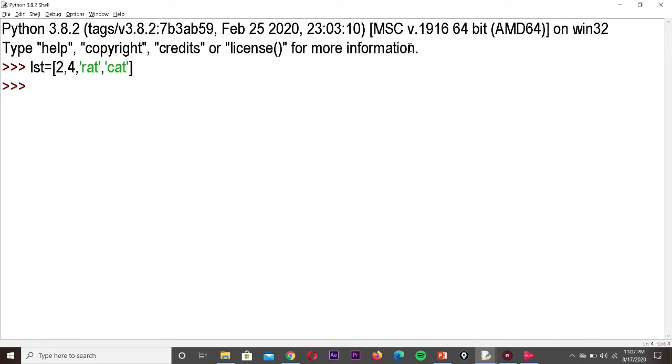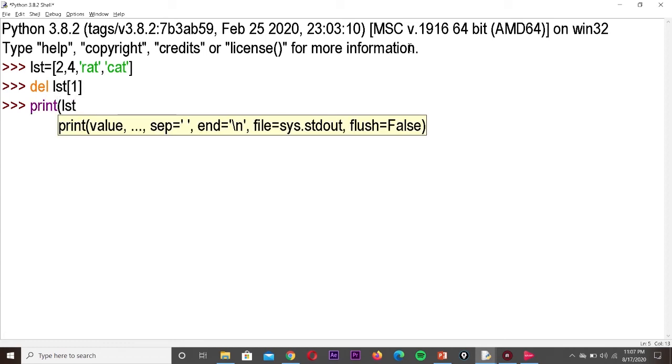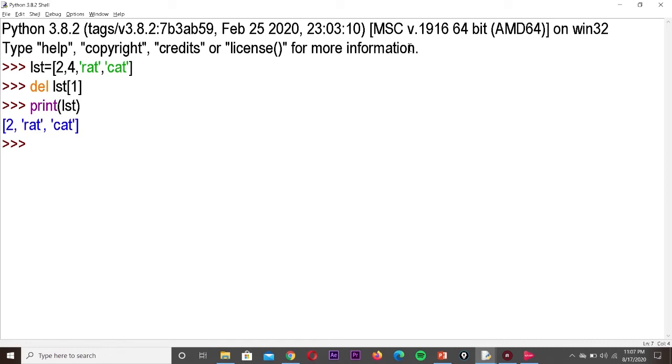Okay. So now I want to delete one particular element. I am going to make use of the del statement. So del LST, we have to specify the index when we are using the del statement. I'm specifying index 1. So what is the element corresponding to index 1? 4. Okay. So if I print of LST, so 2 rat cat is displayed because